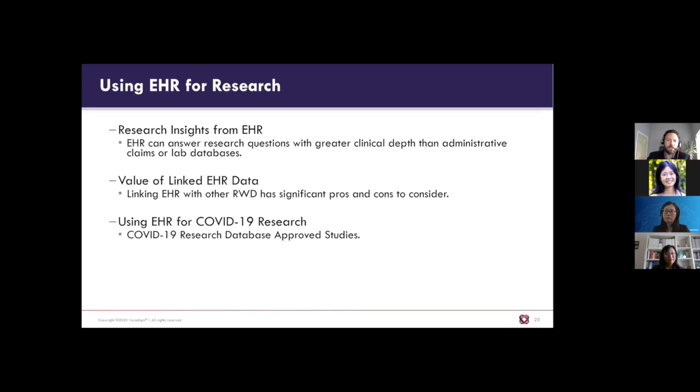And then I'm going to close out by presenting some real-world queries we've been doing on our EHR data around COVID-19, including closing out with a brief discussion of the COVID-19 research database being led by Datavant and highlighting some ongoing approved studies using our data